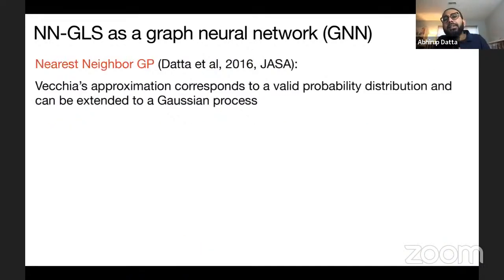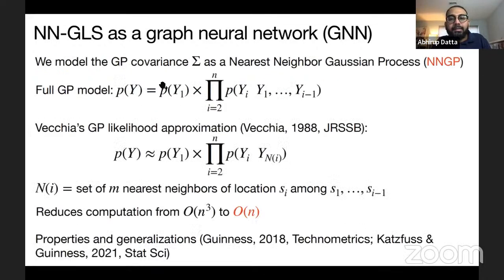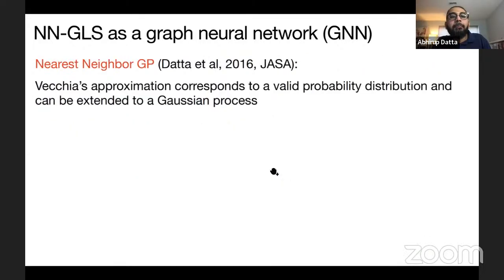What we did in the nearest neighbor Gaussian process paper in 2016 in JASA is that we showed that Vecchia's approximation corresponds to a valid probability distribution, in the sense that this approximation is not just a good approximation for the full GP likelihood, but it's a valid multivariate normal distribution by itself.